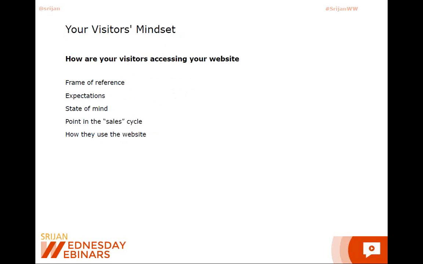Because that thing that got them to your website is going to generate a set of expectations in their mind. When they land on your website, they're going to be expecting something as a result of traveling to your website from wherever they were before. And they're going to have a particular state of mind. They might be expecting that you are going to solve a problem for them immediately on the website. They came to your website because they thought they were going to get the answer to what is the electric car that has the best battery charge that gets you from 0 to 60 in the least amount of time.